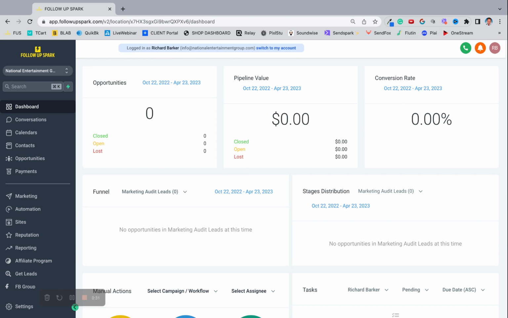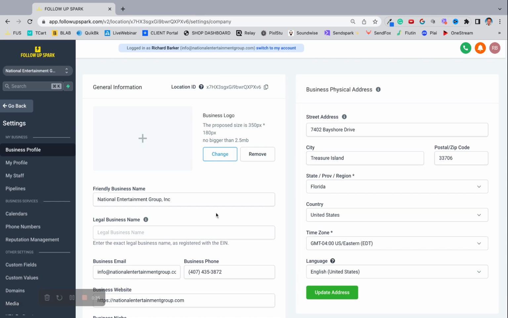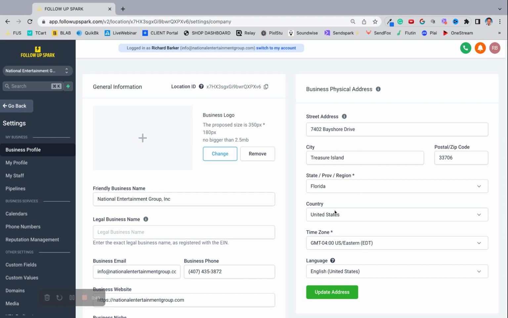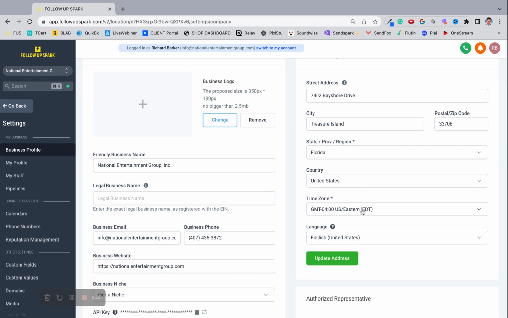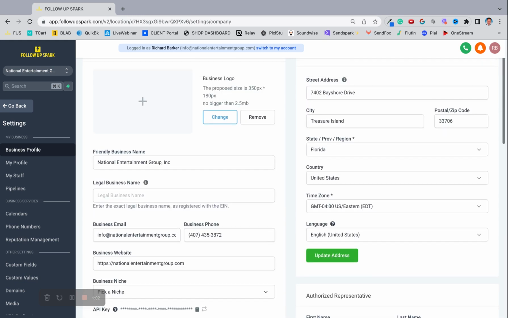What you want to do is scroll all the way down to the bottom and go to settings, and make sure that your business name and address has been filled out correctly, and that you are in the correct time zone. So make sure your business is correct, you're in the right time zone. You don't have to worry about filling any of these boxes out other than the business name. Whatever business name you give this is what you are going to be called inside Follow Up Spark,